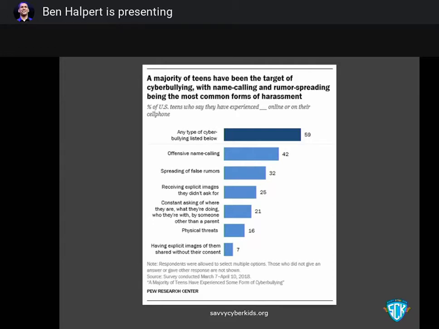It might not be every day, it might not be on every post, but if it's not directed to them, they will see it being directed towards another of their friends or someone else online. So you need to talk to your kids about what you expect and how you expect them to communicate with others when they're on technology, and tell your kids that they should come to you if they're ever the target of a cyberbully so that you can help them get through it.